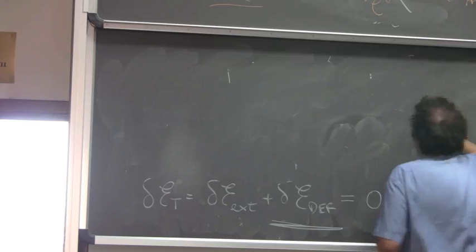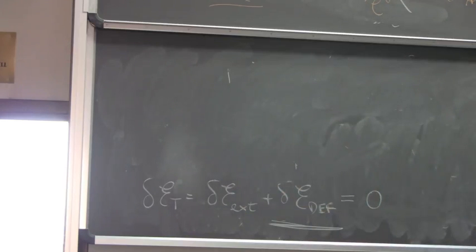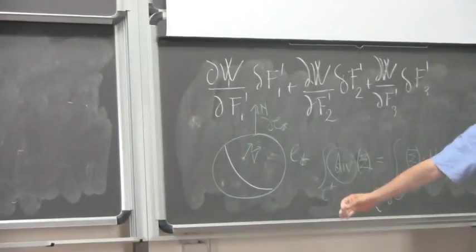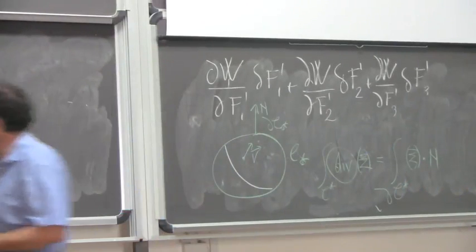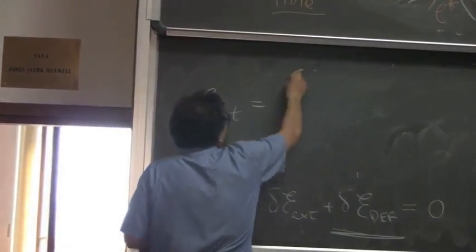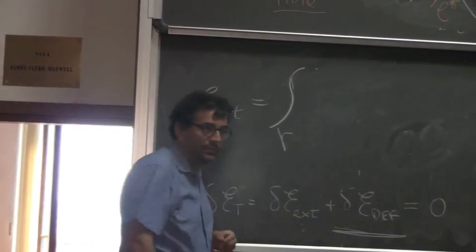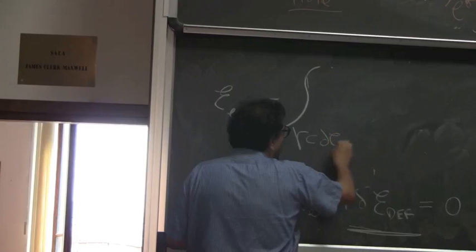Now, imagine that you are stupid, stubborn, blind, very stupid. So, you take your body and you apply to it a force per unit line. So, on the boundary of this body, you apply a force per unit line. You say that external energy is equal to the integral over a curve gamma, which is included in the boundary of the system,